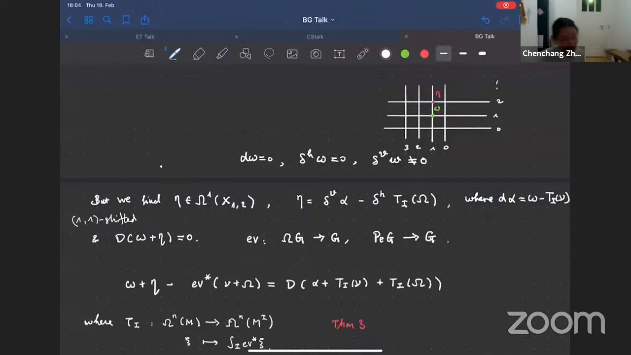And this evaluation map, right? So we evaluate omega. That's just